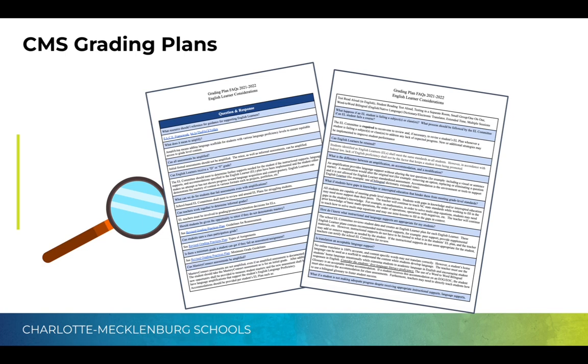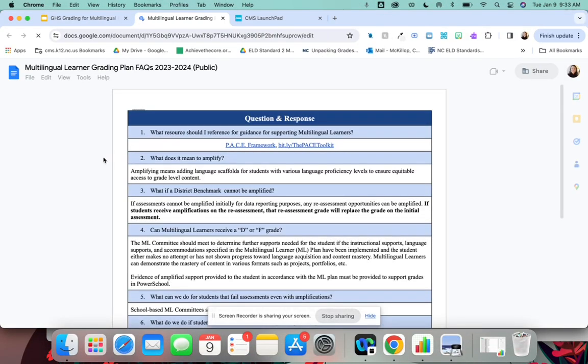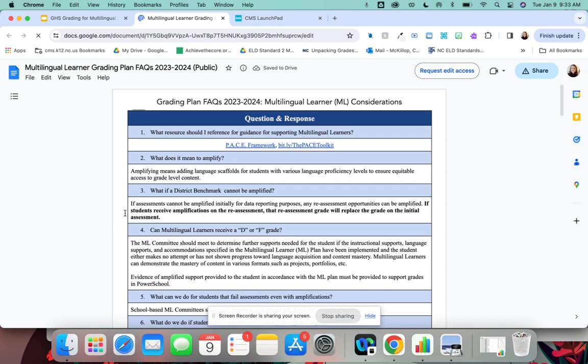So the next thing I want to bring up are the FAQs from the CMS grading plan. You can find these FAQs in the CMS grading plan, as well as the Garinger grading guidance document that I have provided to all of you as well. So I highly recommend that anytime you have a question about ML grading guidance that you refer to this document.